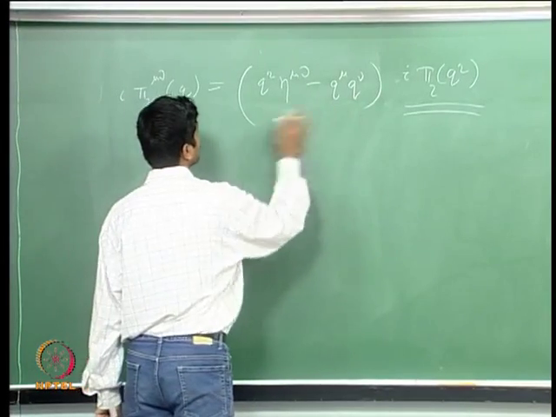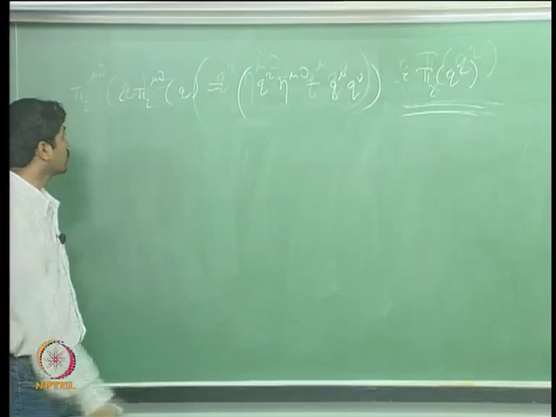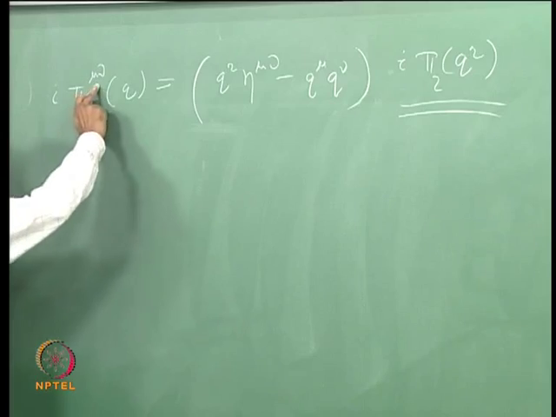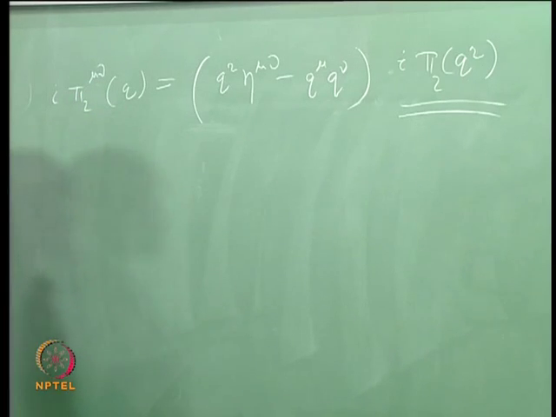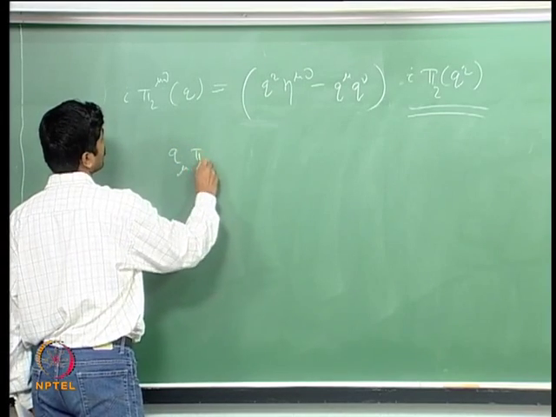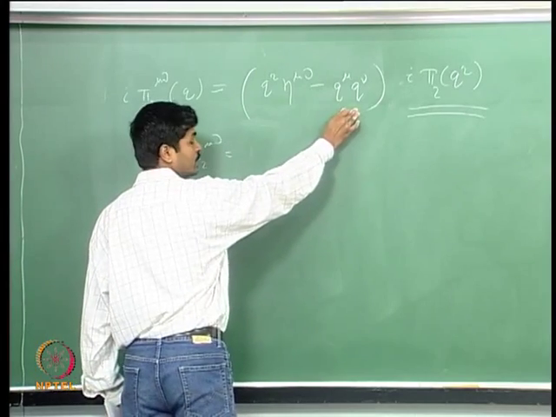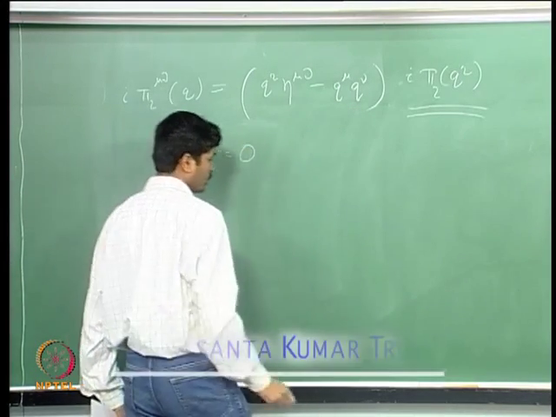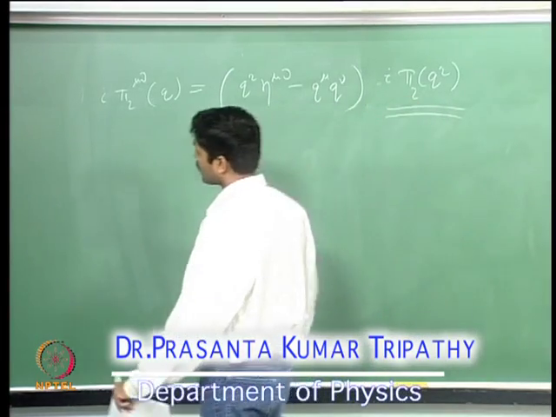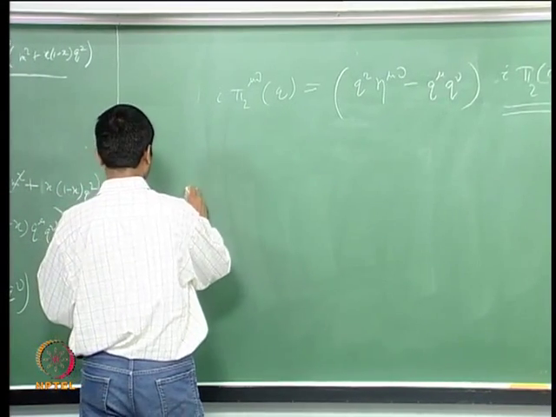So, this is of the form that is required by the Ward identity. So, therefore, what we saw by doing dimensional regularization is that this pi 2 mu nu in fact satisfies the Ward identity. If you just take q mu pi 2 mu nu at the second order, because of the presence of this term here, it simply becomes 0. Of course, this piece here is divergent, but it is logarithmically divergent, and then we know what pi 2 of